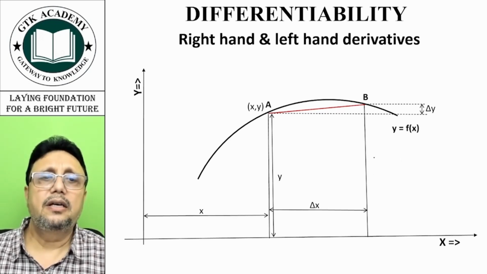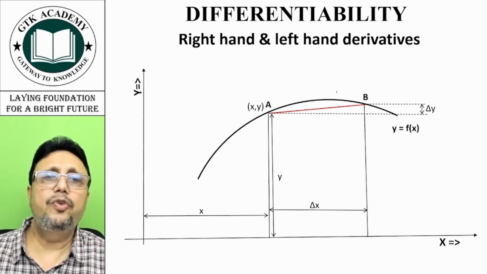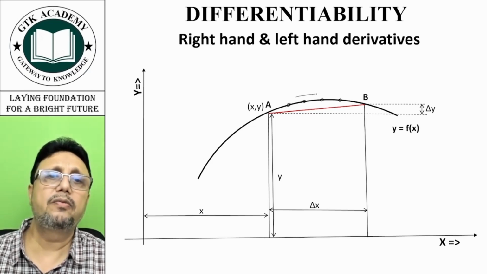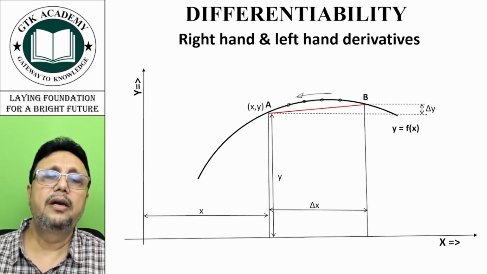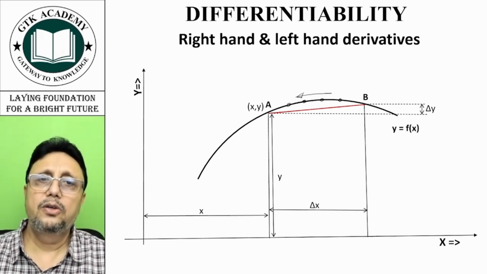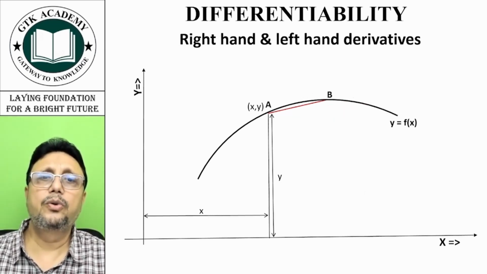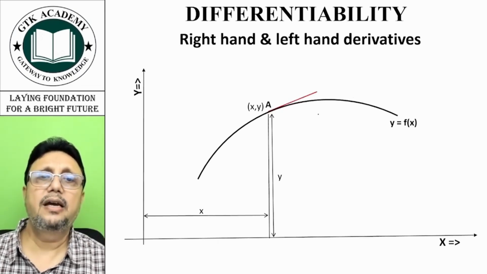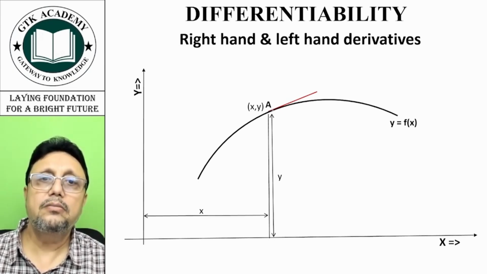That means delta x tends to 0 means we are bringing B close to A. That is what we discussed in our last video, the concept of derivative. We slowly bring B closer to A. Now, when B just coincides with A and delta x tends to 0,